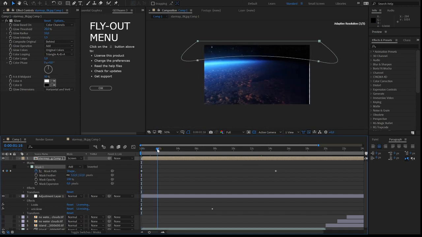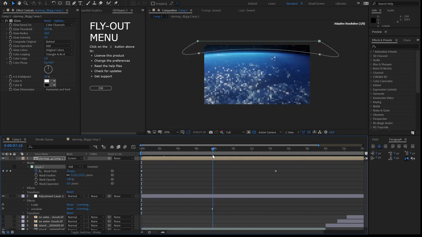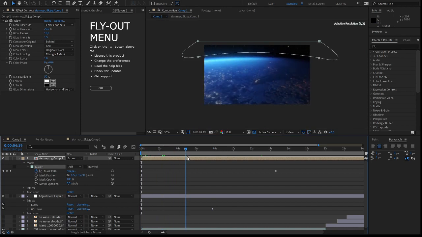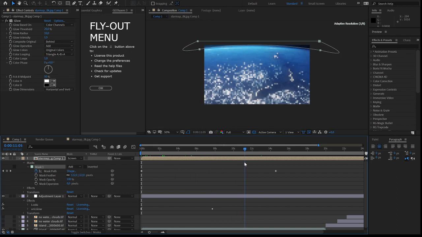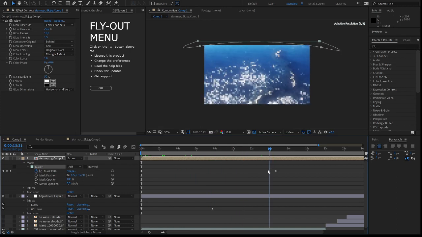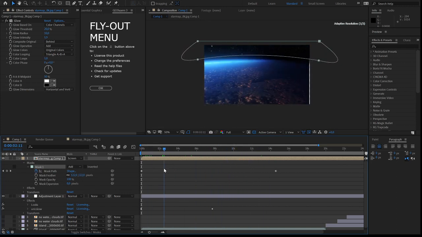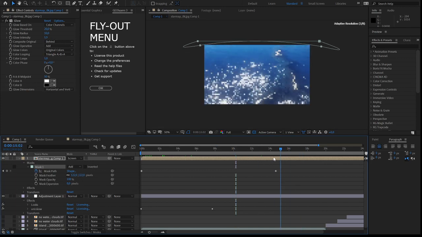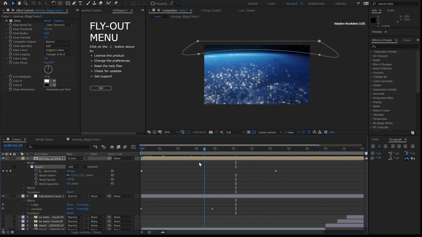So as the camera moves around the Earth, less and less of the stars can be seen. And that's pretty much it. Not much more was required for this scene to be what it turned out to become.